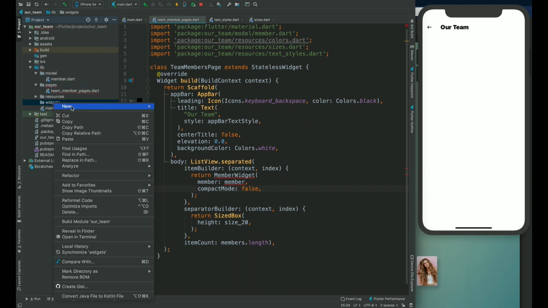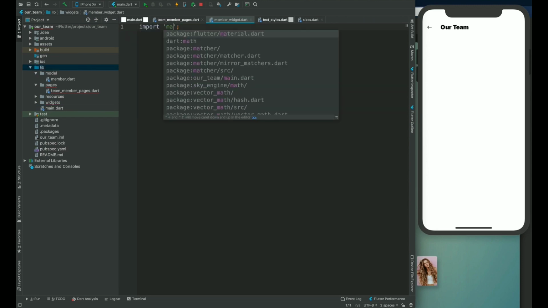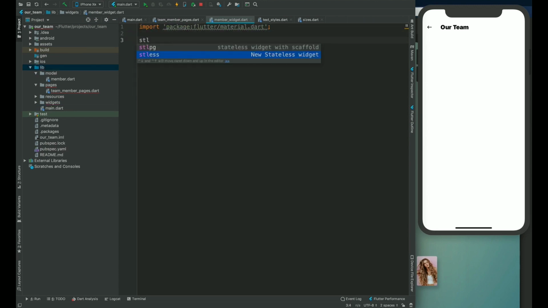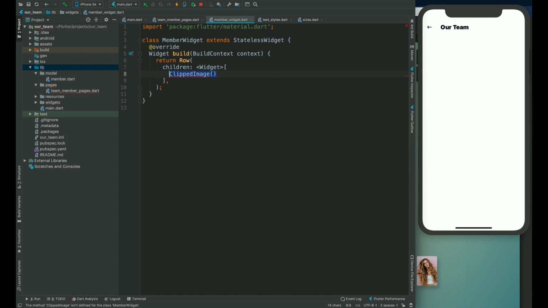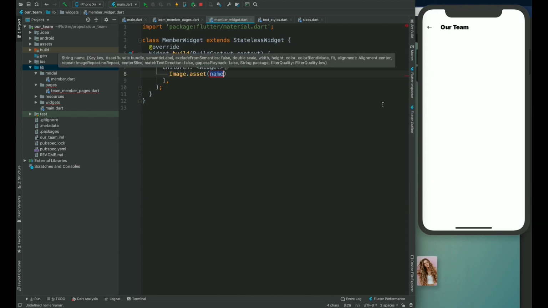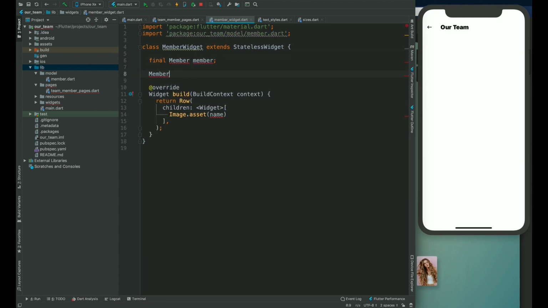So going to my widgets folder, I am going to create a new file, member widget, material stateless, right? And how this is made is nothing but a row, children, and my first child. Now again, let's come to another widget which is called clipped image. Okay, let me not do it like this, so that you understand it. We need an image path now, so we can take that member here, member widget,